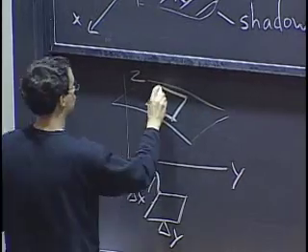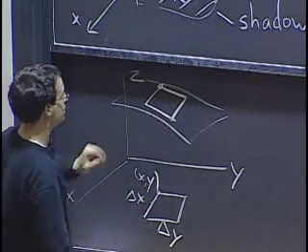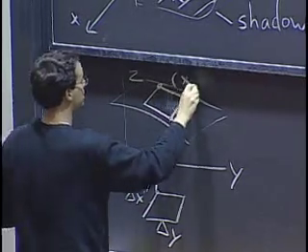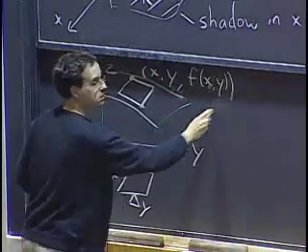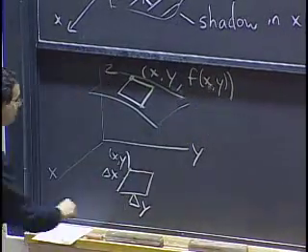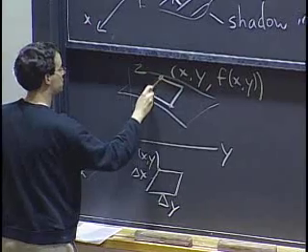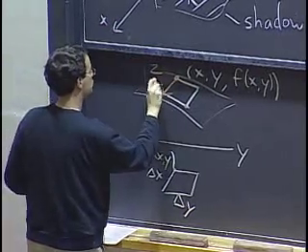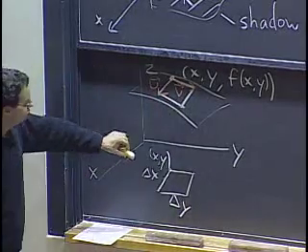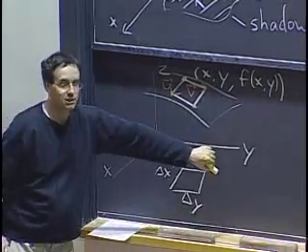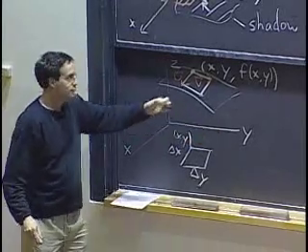I need to figure out the point where I start. I know what it is. It's just x, y, and z is f of x, y. Now what I want to find is these two vectors, let's call them u and v, that correspond to moving a bit in the x direction or in the y direction. And then u cross v